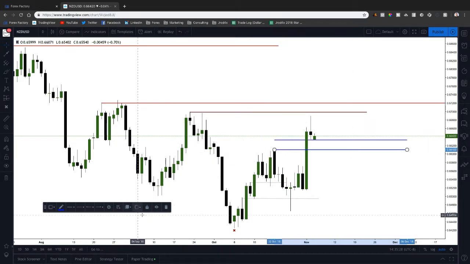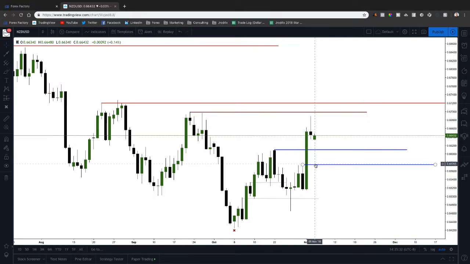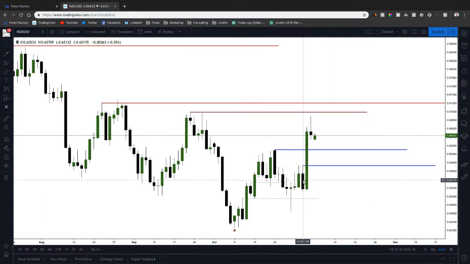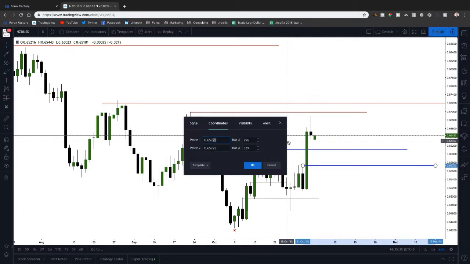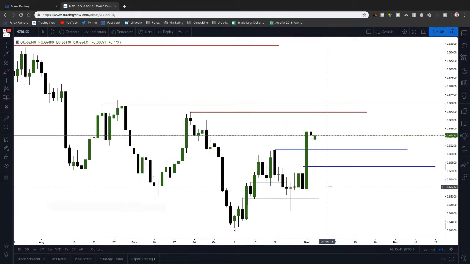And from there, I want to see if we start trading below that. I want to look at this high, which comes in at 65.70. If we can start to find some support there, obviously I will have to potentially look for dollar index trading into resistance and see if we can get a potential long or buy this pair.